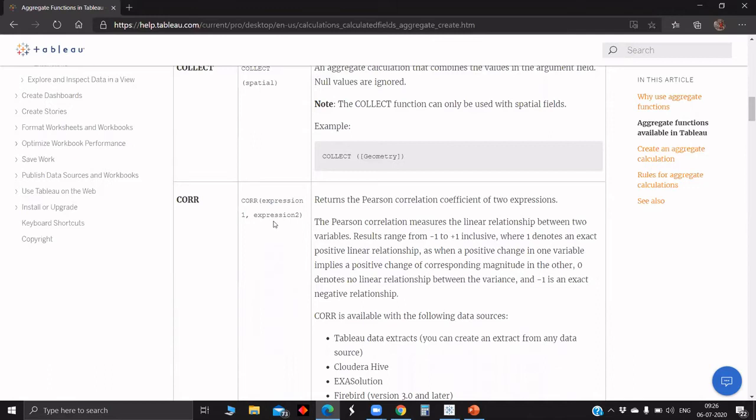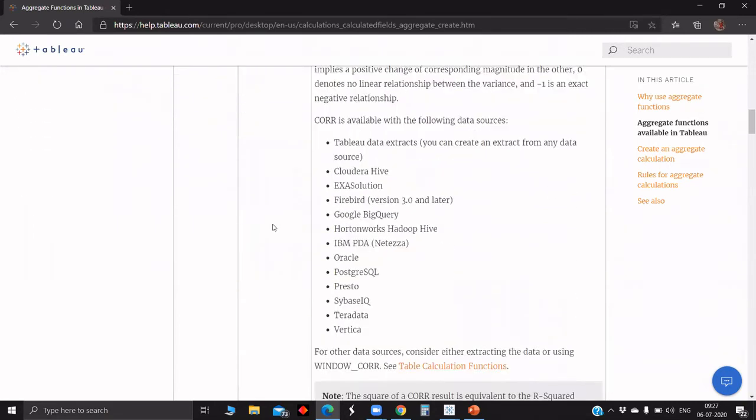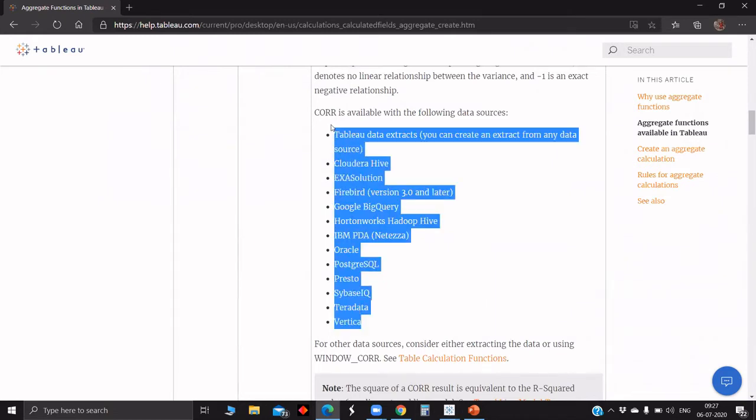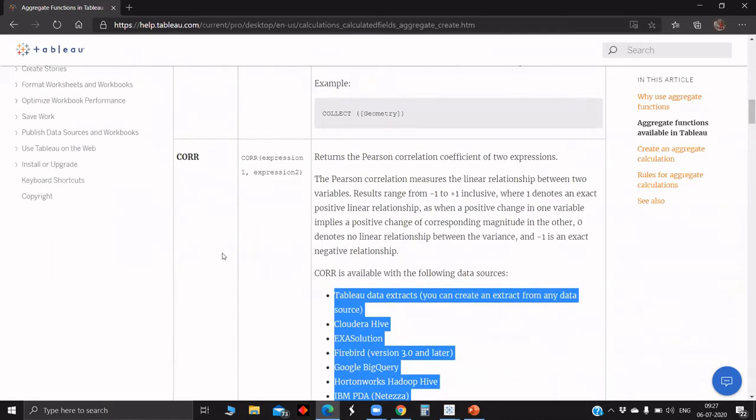Out of this, we can't expect any decimal or other coefficient except -1, 1, 0. Also, this function is not available for all the data sources. It is related only to the data sources listed here, and only for these can we use this correlation function.